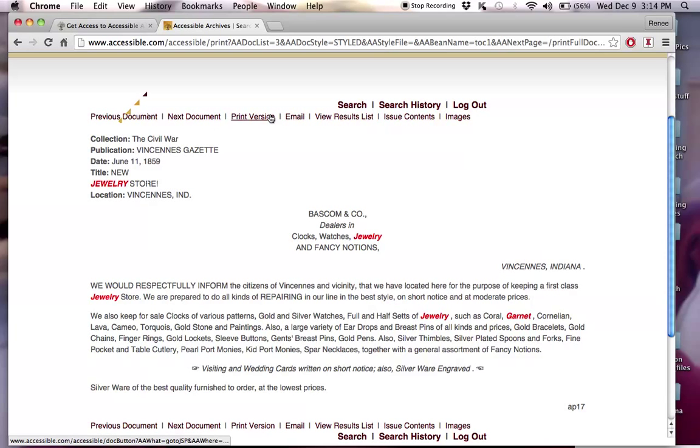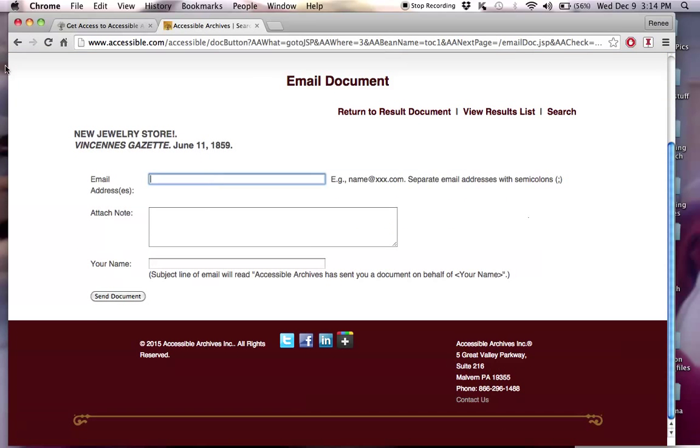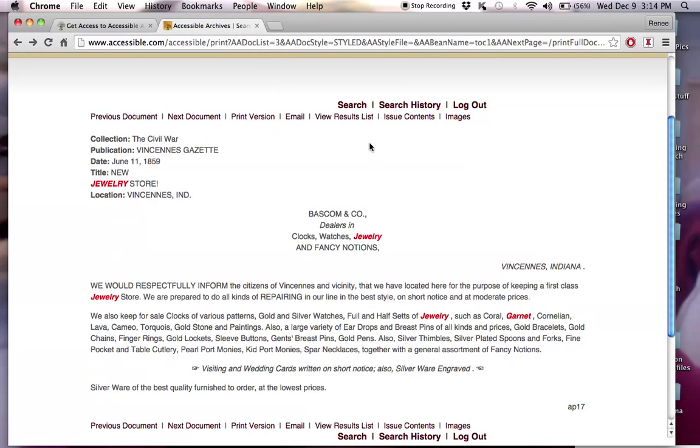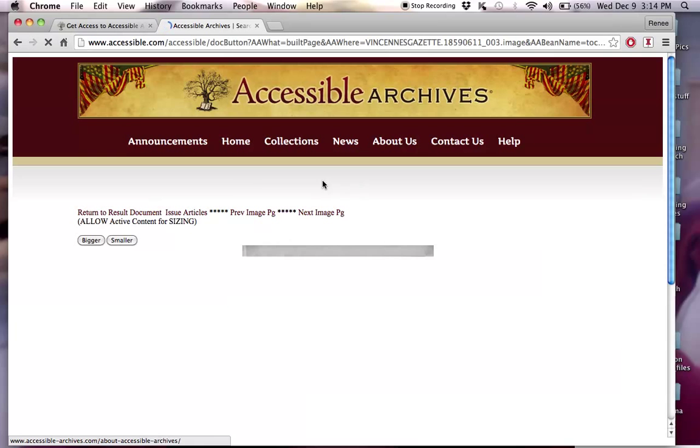I can print this. I can email it to people. These all just pop up, and here you can send in an email address. But I actually want to see what it looks like in the newspaper. So not issue contents, not view results list. I'm going to click on images, and it's going to take me to, hopefully if it loads, yes, it's loading,